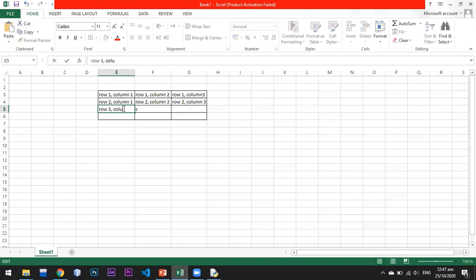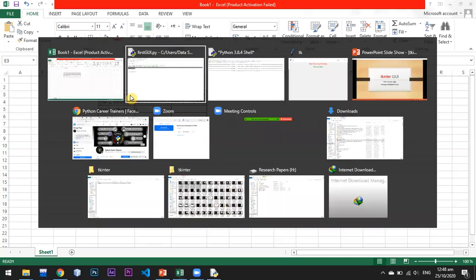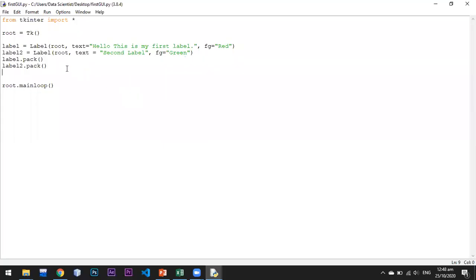Okay, in the same way the grid system works, but in the grid system in Tkinter Python, all programming languages start counting from 0, not from 1. Like here we set this as row 1 and column 1, but if we talk about programming languages, they would say row 0 and column 0. Okay, the counting in programming starts from 0, not from 1. So let's move back and